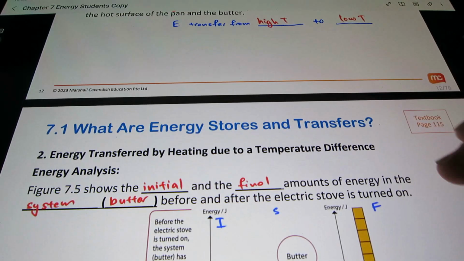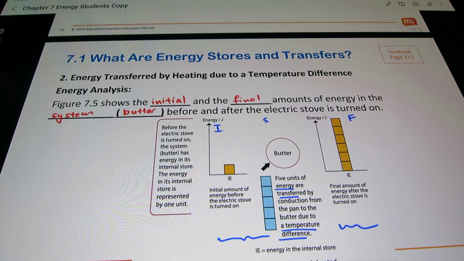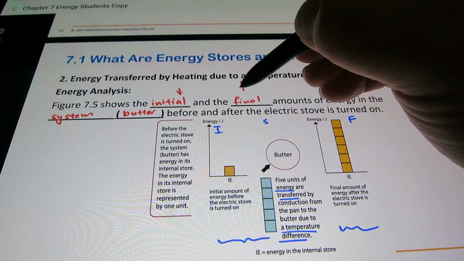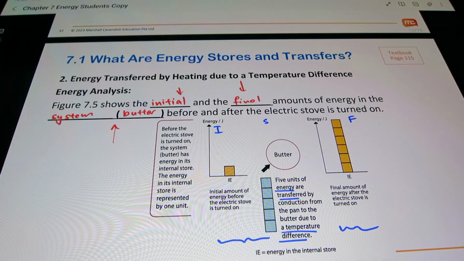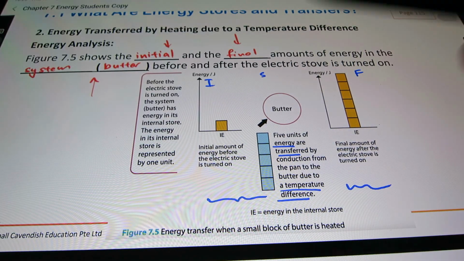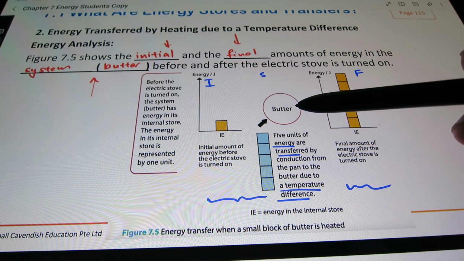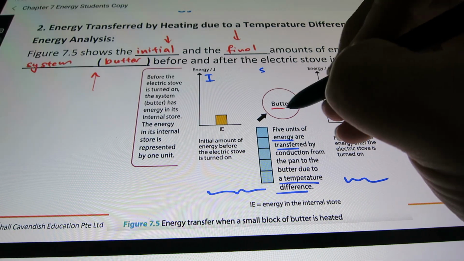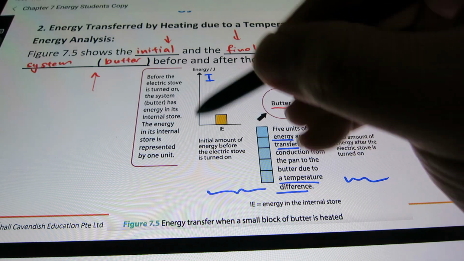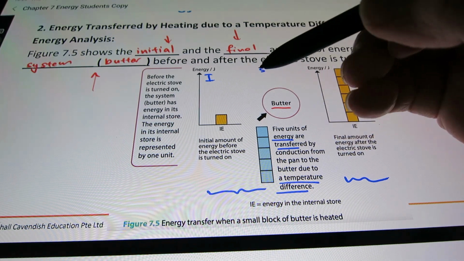Now, let's look at how the analysis diagram will look. Again, you need to know your initial amount, your final amount, and also the system that you're talking about. In this case, we're going to talk about the piece of butter. This is how you will go about it: 2 graphs with the system in the center identified. I identify the system first, it is butter. Since the butter must be at a certain temperature,